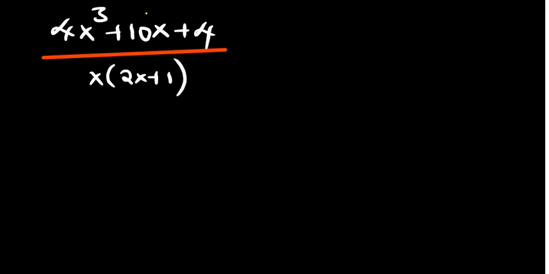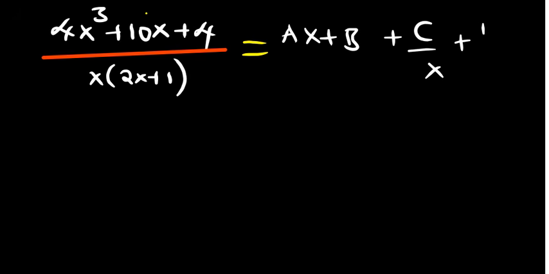Okay, so you need to understand the best way of approaching this question. If you are more conversant with it, you can say it's basically ax plus b, then c over x, then d over 2x plus 1. But I don't like people memorizing formulas, so it's better you understand where that is all coming from. So basically, if you expand our fraction there,